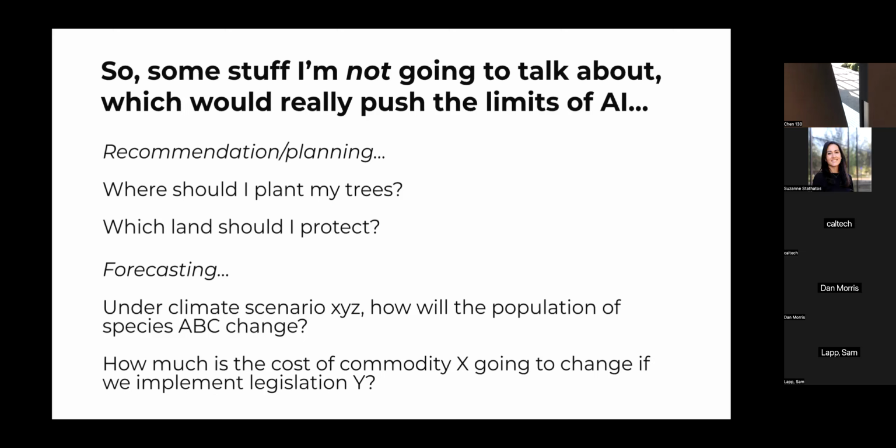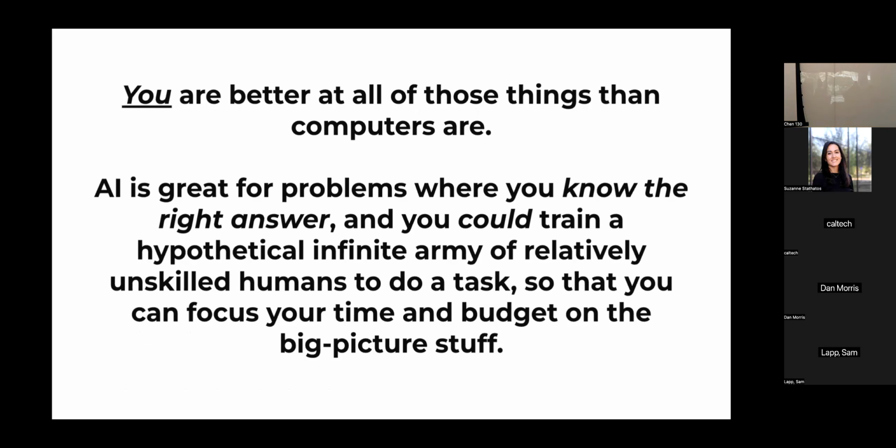And I'm not telling anybody not to work on these kinds of problems. These are all really interesting problems. I would say go into these with eyes wide open because they tend to be very difficult to show when you're making progress, very difficult to translate into practice compared to the more data processing kinds. But these are things I don't mean today and don't really even know that much about. So mostly what I'm talking about is the data processing kind, which is really, I think, the kind where we've had the most success so far in AI for conservation.